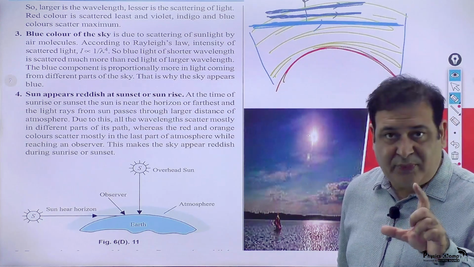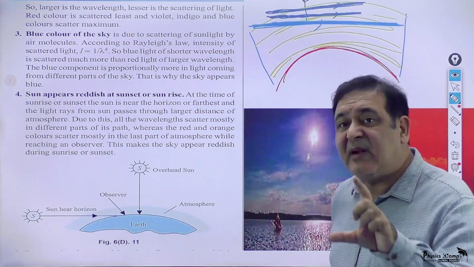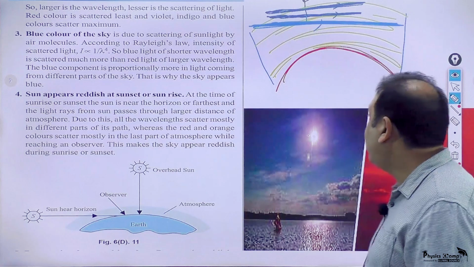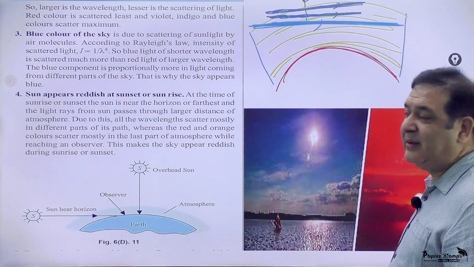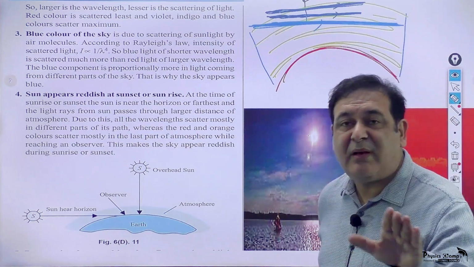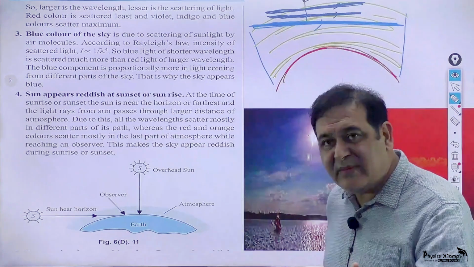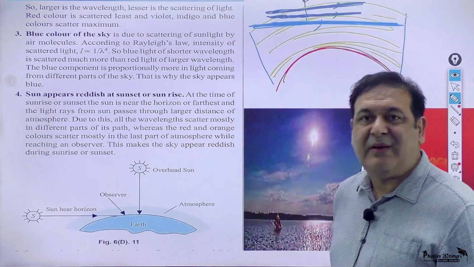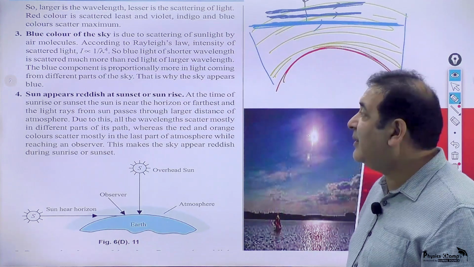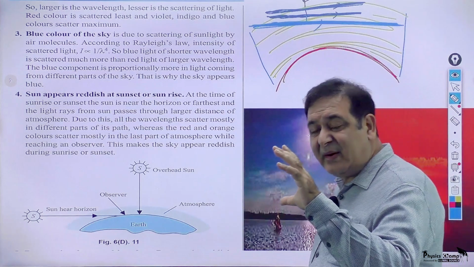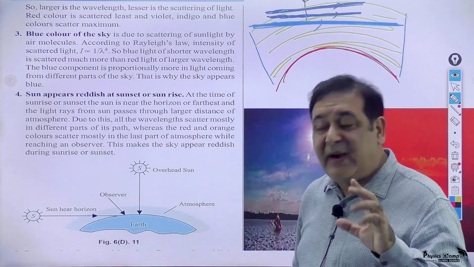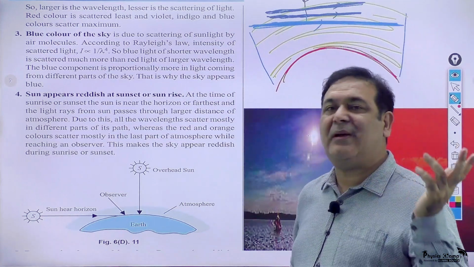If the atmosphere of the Earth was a little denser, we would have got the next color in the sky, and after blue comes green. We would have a green color of the sky. If it was even denser, we would have a yellow color of the sky. And if a planet, or maybe Earth ever, has its atmospheric density a little less, we may have an indigo color of the sky, and if further less, we may have a violet color of the sky.